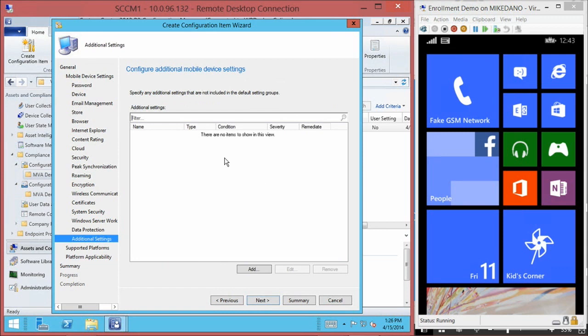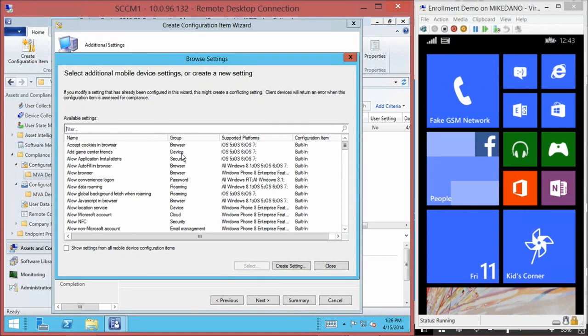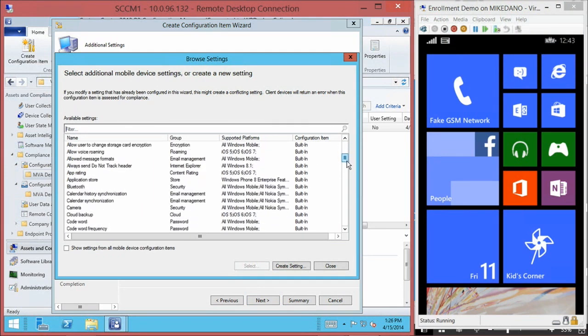There are certain settings that are going to require XML blobs in order to configure them. The MDM white paper goes over a lot of information on how to actually configure your XML so it's going to work, so you can get the end user experience that you really, really want. We're going to demo that in our next session as well. But for now, I just want to show you guys some of the UI so that you start to get familiar with it. If you go down here to add, you can see a giant list of all of the